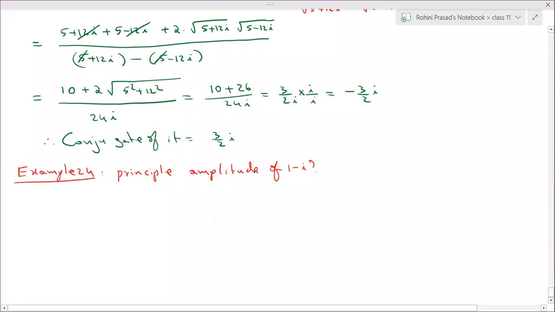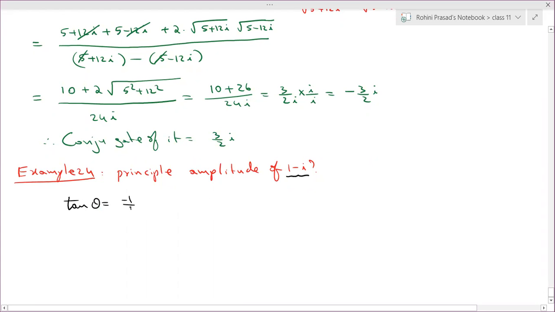The question asked is the principal amplitude. Whenever we are finding the argument, that is the principal amplitude only. Argument, amplitude, principal argument, principal amplitude, everything is the same. Here x is positive and y is negative, so this lies in the fourth quadrant. If you calculate tan theta equal to y by x by our formula,